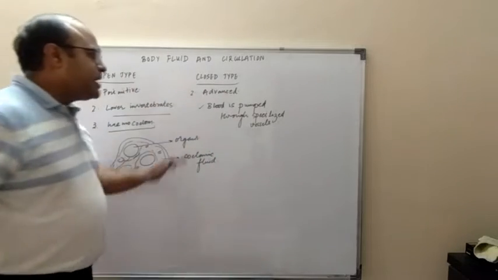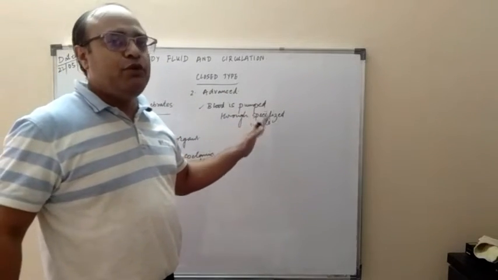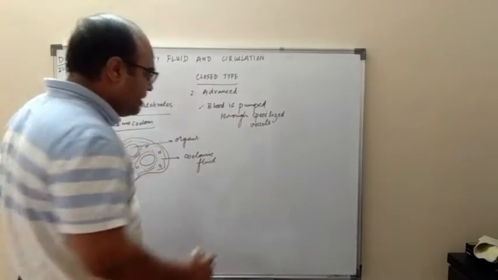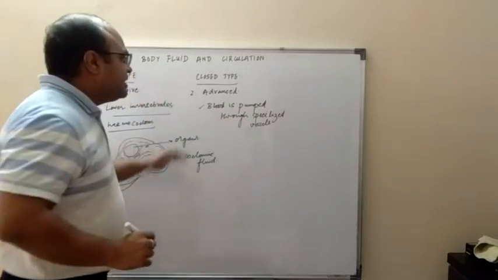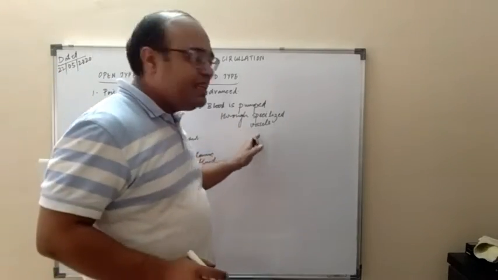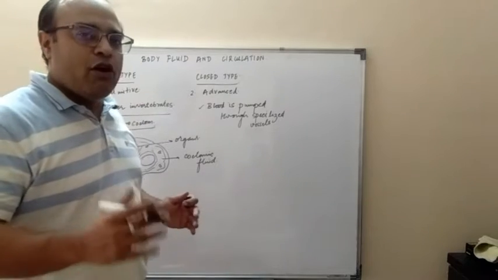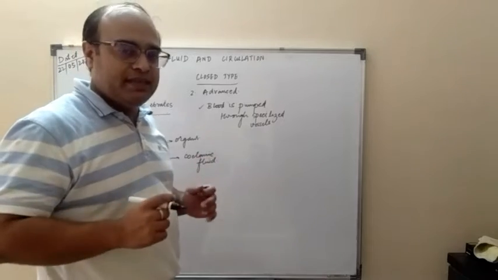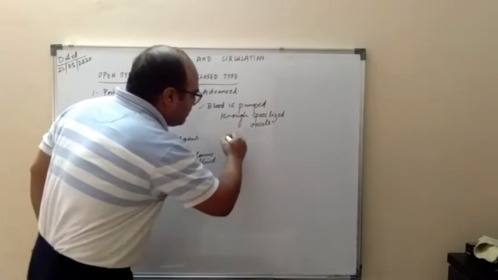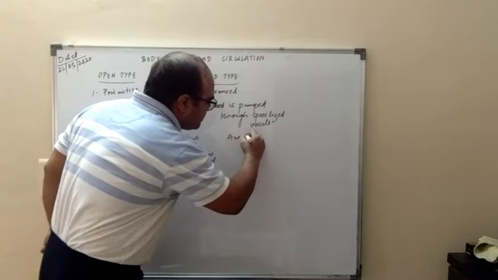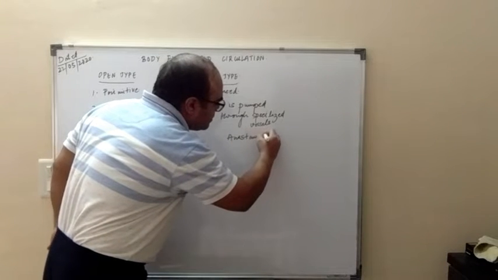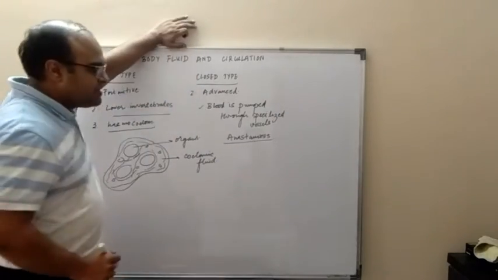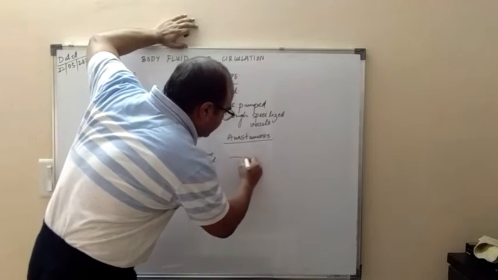Okay. At this point, I would like to clear a point to you people, which you might encounter in various other concepts. See, how does this closed type of circulatory system and these vessels provide blood and oxygen to the organ at the organ level? See what happens. A word which is known as anastomosis. Now what does the word anastomosis mean? Like, see, this is an artery.